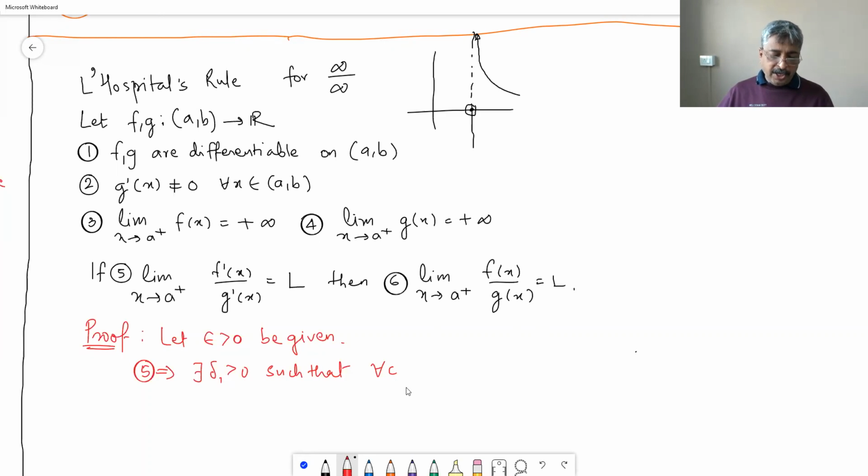So for every c belonging to a comma a plus delta 1, and a plus delta 1 is less than b. I am not just crossing the interval and going somewhere out. Delta 1 is definitely, a plus delta 1 is definitely between a and b. We have